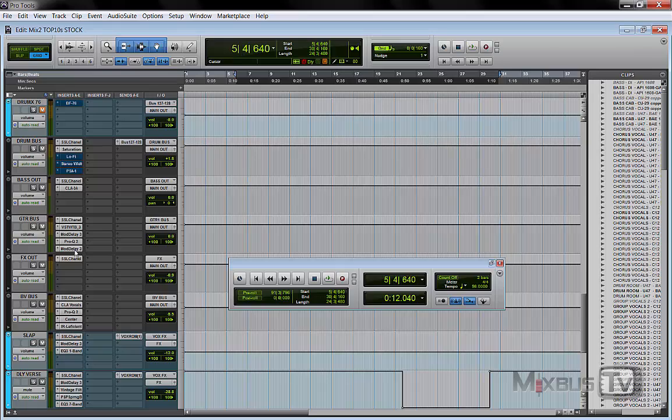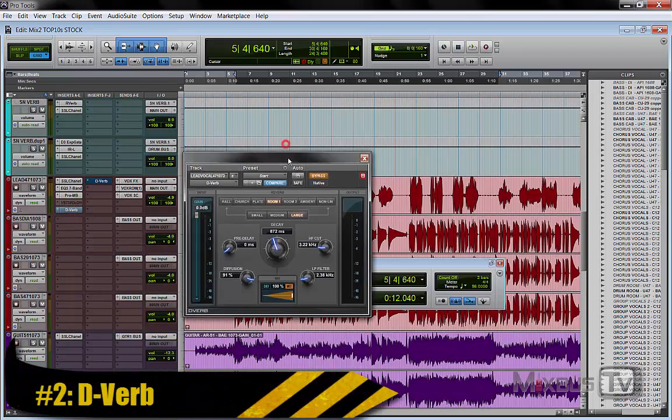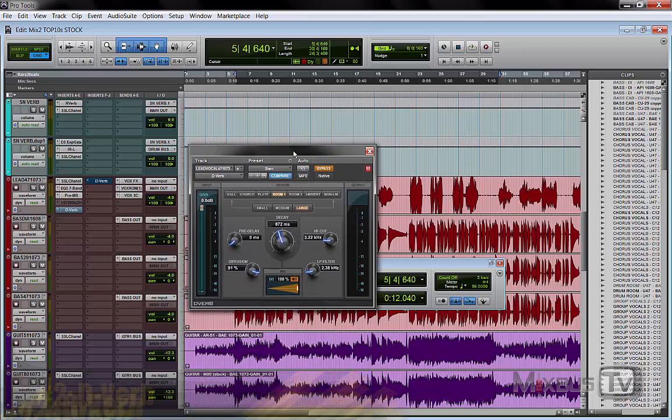Don't tell me you didn't see this one coming. It's D-Verb. Obviously. It became such an industry standard. I'm laughing while I'm saying it because it's probably one of the more lo-fi and simple reverbs there is in the market, and yet it made countless top 10 records in the world. I know so many top tier engineers using this one for lead vocals or drums or anything,